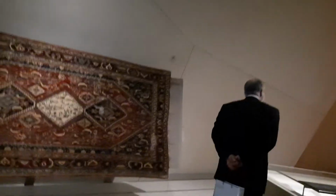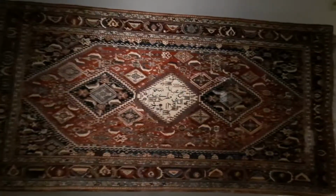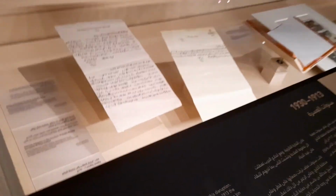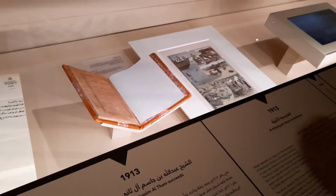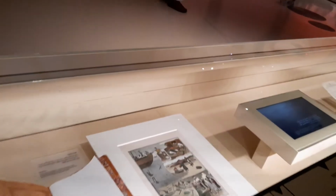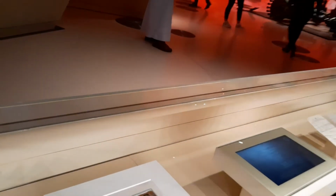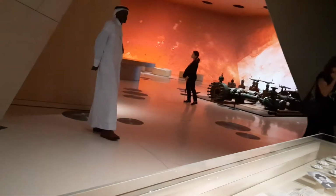And this is years of hardship. So from the reign of Sheikh Abdullah in 1913, they had an epidemic like cholera, like the Spanish flu in Europe. Then there was a very huge storm in 1925. They lost more than 80% of the pearling fleet, and more than 7,000 people died, which was the whole population of Doha at that moment. And at the end you can see the